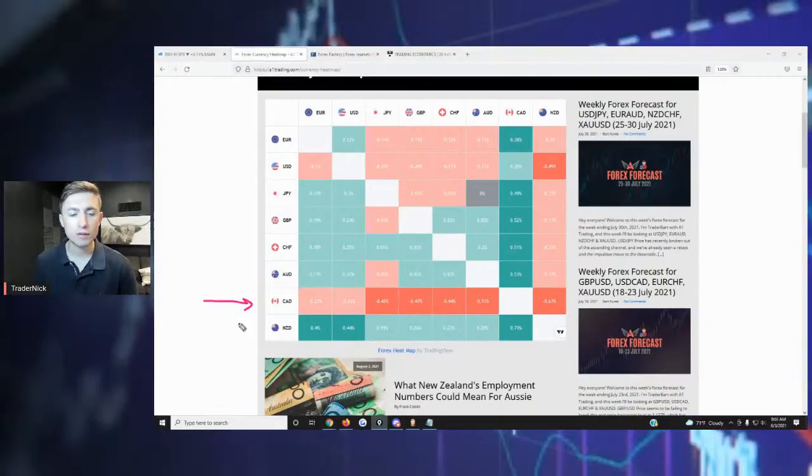And then you've got the NZD, the New Zealand dollar, sometimes called the Kiwi dollar, moving really strong against a lot of the other currencies. On top of that, there's seemingly a nice little rebound for the Swiss franc and a strong day for the pound as well. We'll take a look at some of these individually and see what we can come up with in terms of trade setups and ideas.